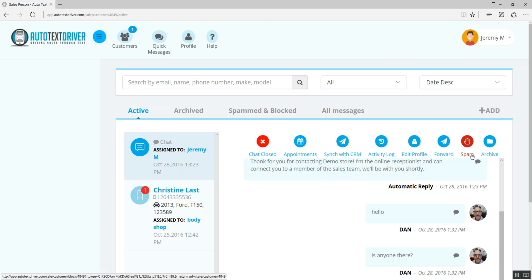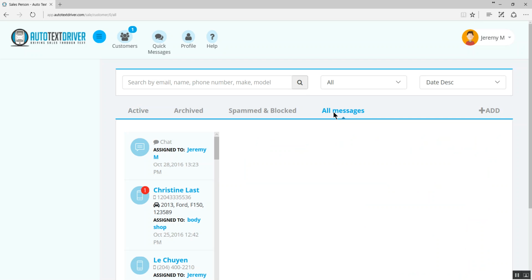Likewise with the archive button, once you've finished communicating with a customer, you can archive them. In that case, they will go into the archived tab. Just a good way to keep this active tab clean. So you keep your current communications in here, and when you're finished with them, you archive them, and they will be moved to the archive folder. And you also have the option of looking at all messages. We can click on there, and that will give us every single message, active, archived, spammed, and blocked, the whole thing. Now, we're going to go back to the active customers, and we're going to take a look at the